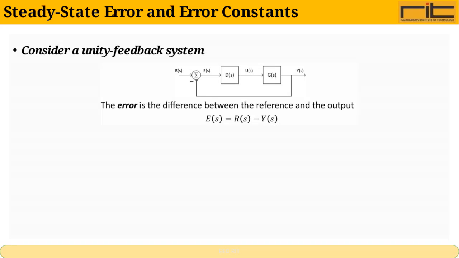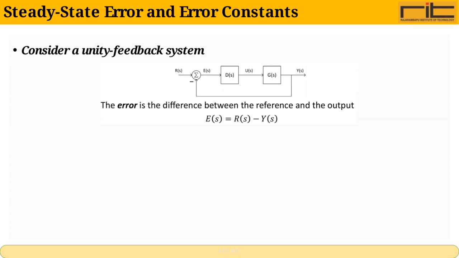Let's take a closer look at the concept of steady-state error in control systems, specifically in a unity feedback setup. A unity feedback system means the output is fed back directly without any modification to the input for comparison. Understanding steady-state error is crucial because it tells us how accurately the system can follow a desired input over time. Essentially, it's the difference between the input and the output as time goes to infinity, indicating how well the system